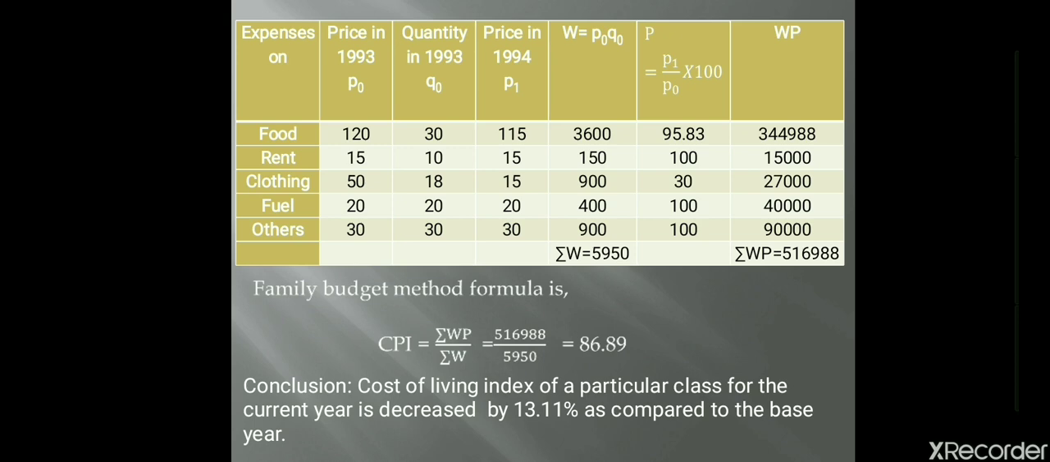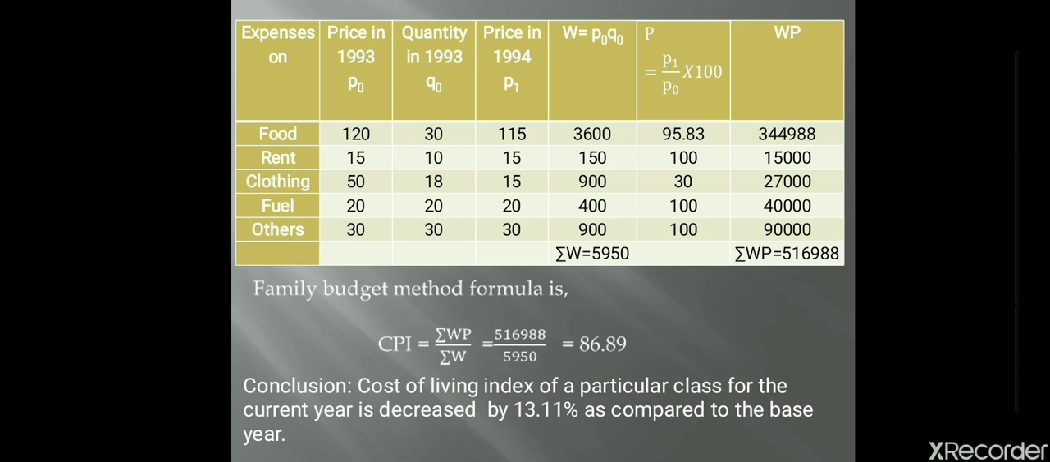Now the next column is to create the price relative values for each and every item given, and the formula for price relative is given as P1 by P naught into 100. To find it, we have to consider base year price as well as current year price. Here goes the first calculation. For the first item food, P1 value 115 divided by P naught value 120 multiplied by 100 results in